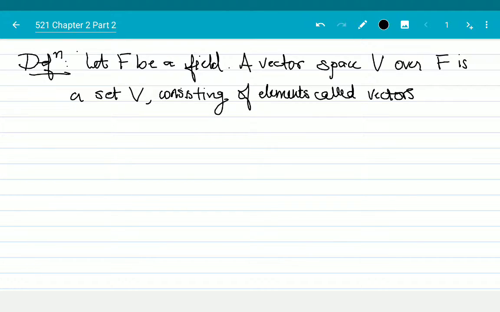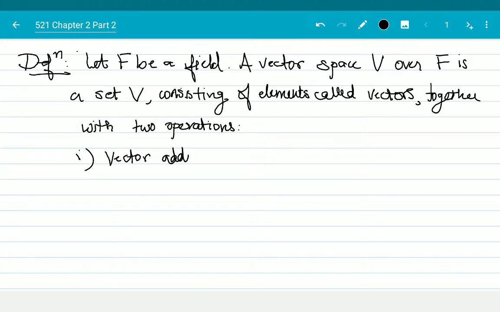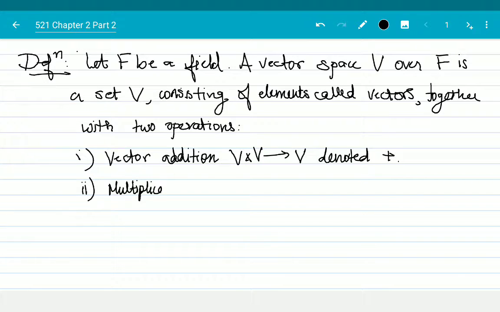together with two operations. First, vector addition, V cross V to V, denoted by plus, and scalar multiplication, which is multiplication of a vector and a scalar, which goes from, by convention, F cross V to V, okay,